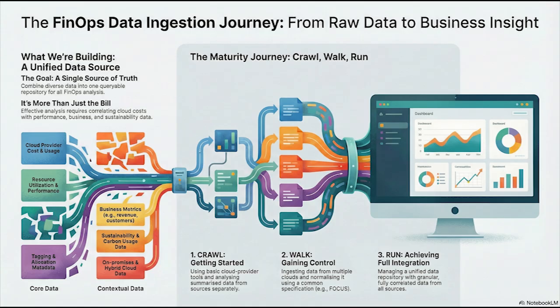Okay, let's unpack that. The process of gathering. What's so interesting to me is how much it varies based on your maturity. If I'm a small company on one cloud, my strategy is probably pretty simple, right? Oh, absolutely. If you're just starting out, you might just rely on the cloud provider's own tools. Yeah. You're probably only looking at highly summarized data. Clicking a few buttons in the console. Pretty much. But the second you move into custom analysis, or you're using specialized tools like Kubernetes, or especially multi-cloud, then the complexity just explodes. Because now you have different formats, different currencies. Different resource IDs, and you have to somehow make them all talk to each other.